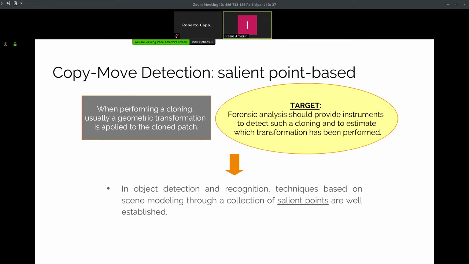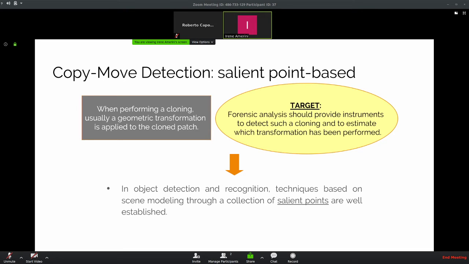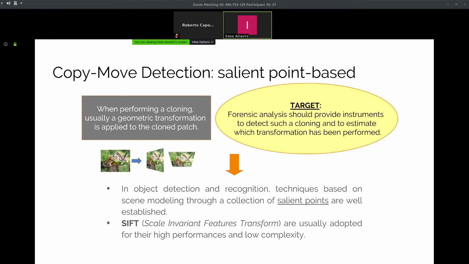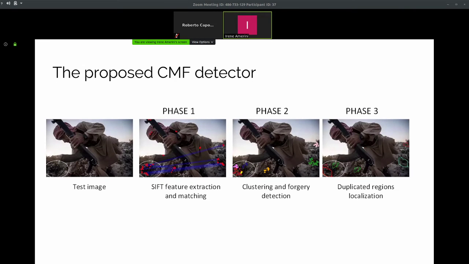So in object detection and recognition, we used salient points to describe this region with SIFT, scale-invariant feature transform, that are adopted because they are robust to this kind of transformation and have high performance on translation, rotation, and resizing. So our copy-move forgery detector